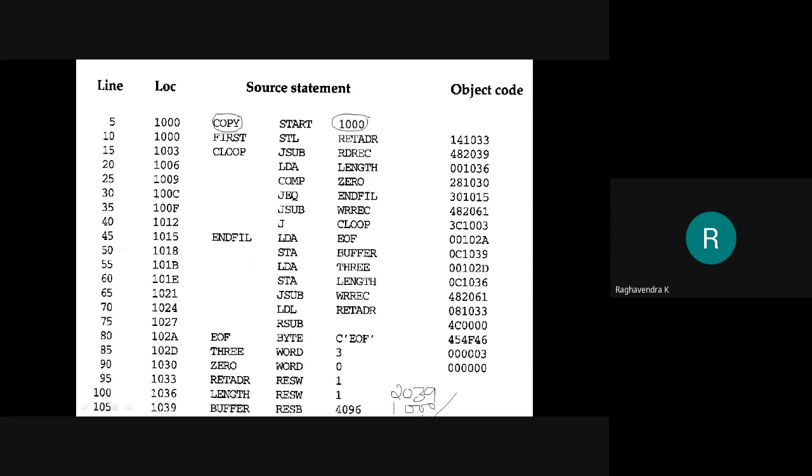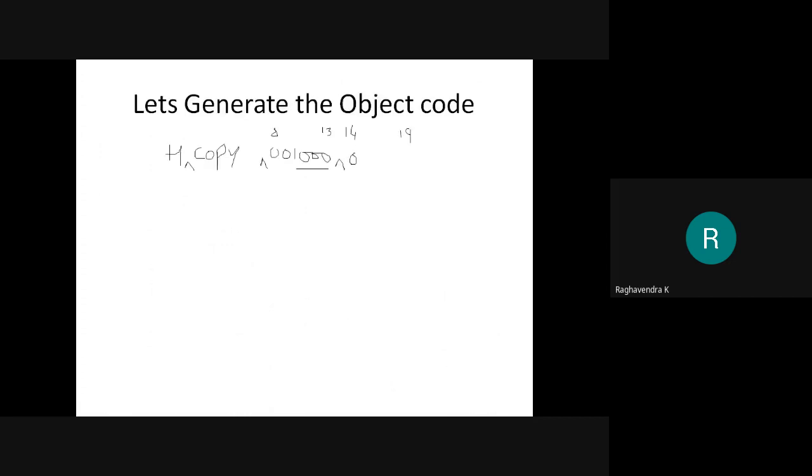So if I subtract this, will I get the length of the program? Right? Ending address minus starting address will give me the length of the program. Starting address is 1000, ending address is 2039. So obviously I should get the length of the program as 1039. So this is what I'll write here. It is 001039. This is the length of the program.